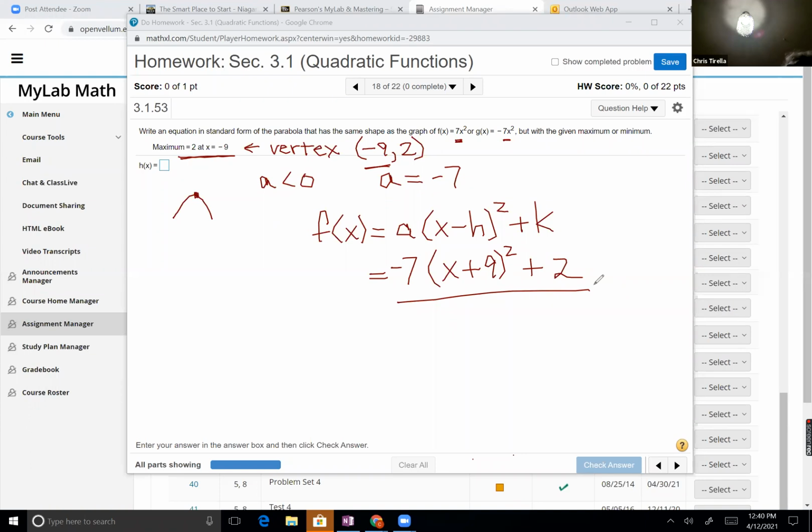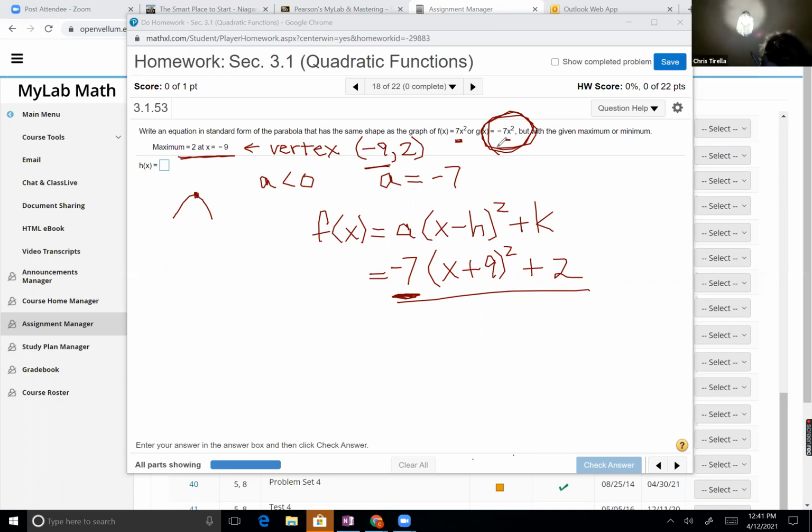Does that make sense? What is A? A is, it would be negative 7 because they're telling us that it's going to have the same shape as this one. Yeah, but what is A representing? A,